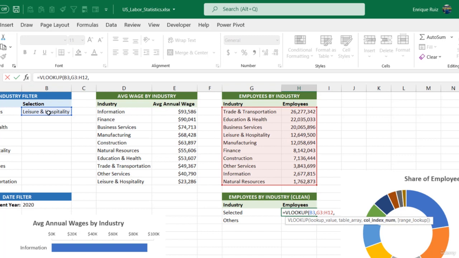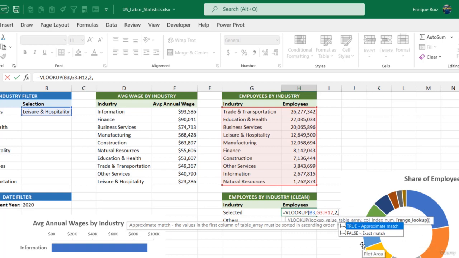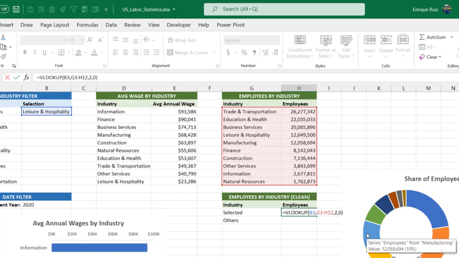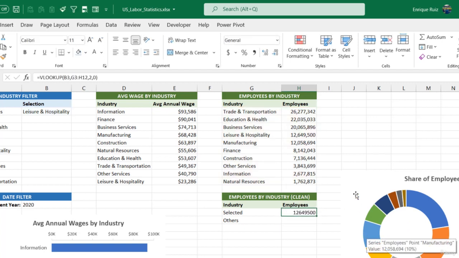So right now it's going to be looking for leisure and hospitality in this first column, find it here, and we want it to return the value in the second column over for employees. So the column index number is going to be a 2. And finally, it's asking us if we want an approximate or an exact match. And in this case, and most of the times, you'll want an exact match. So you can either write false or just type 0, close the formula, press enter,